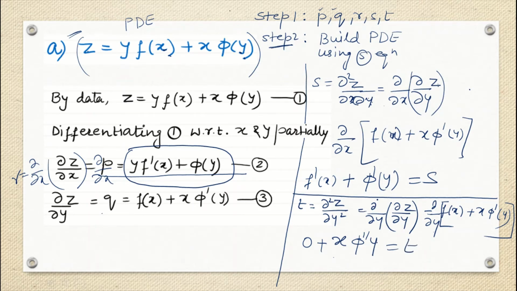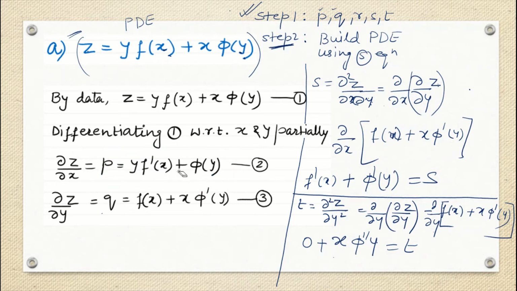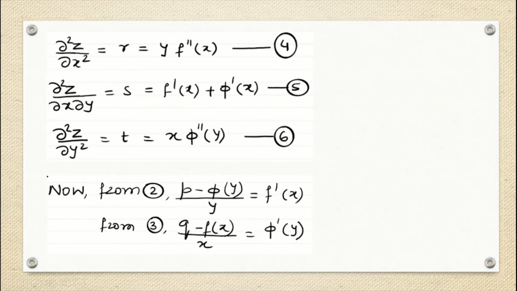Okay, so I found p, q, r, s, t all. That means I am done with my step number 1. Now what is my step number 2? You just see all 5 equations that we have got, and then we have to arrange from those 5 equations so that I will somehow manage to eliminate the arbitrary functions. So here we have written down 2 equations, and then here 3 more equations are there. Okay, so this is y, not x. So 3 more equations are here. We have to use these 5 equations to eliminate the functions, to make the partial differential equation.